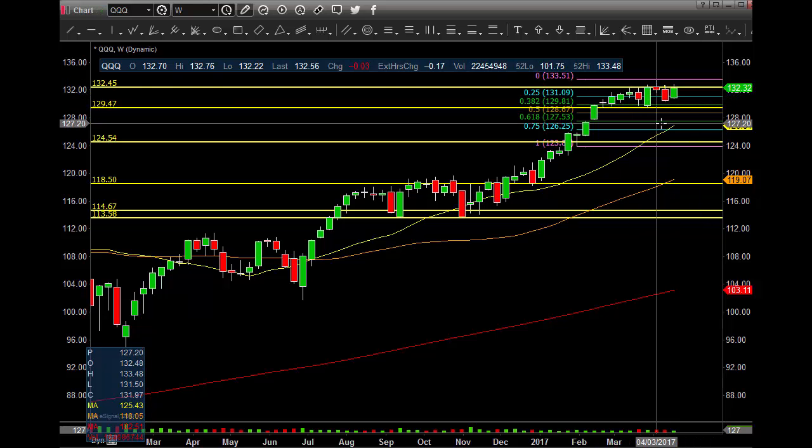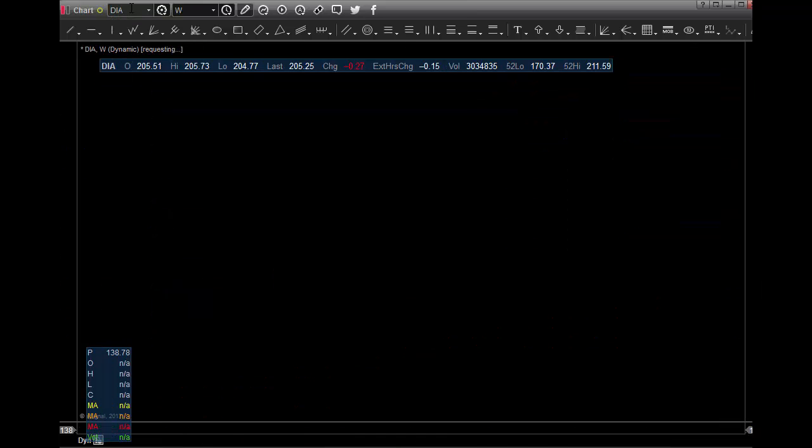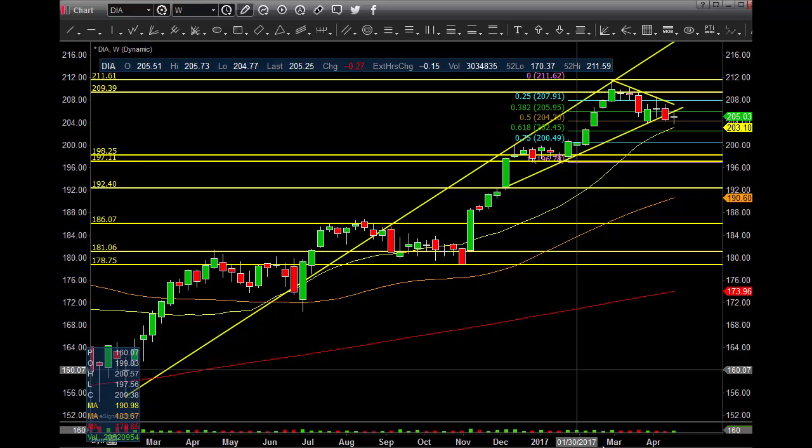This one a little bit on the weekly, still above the MAs though, so nothing wrong. Let's see what it does next week. See if we get more volatility with the Trump and the administration and the voting and this, and they're really throwing stuff out on CNBC today. So weekly chart of the